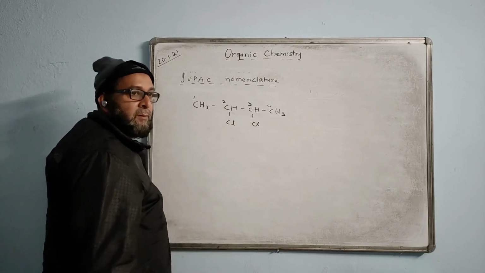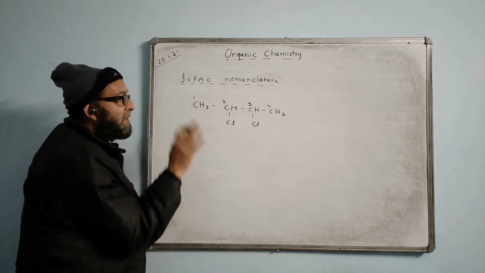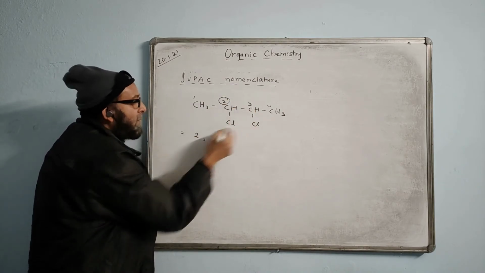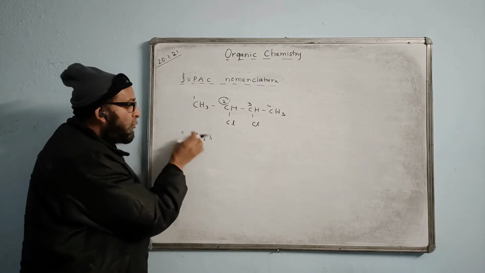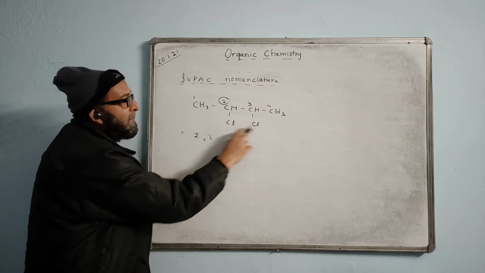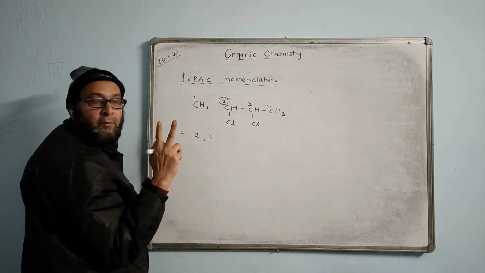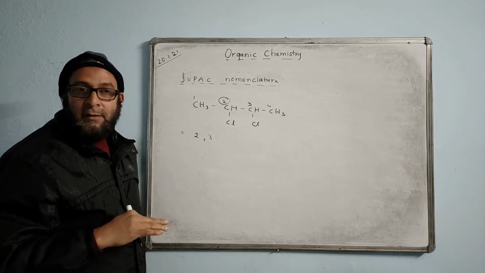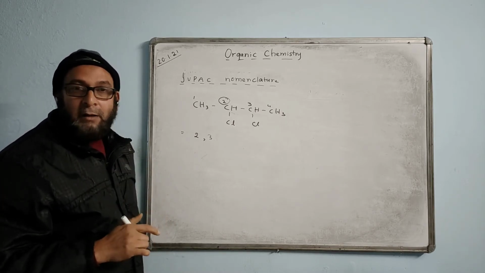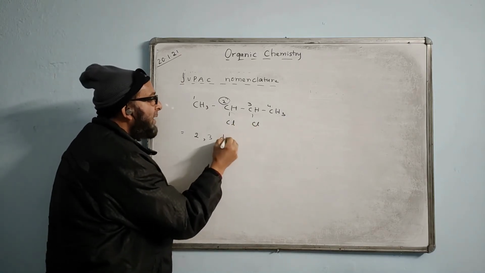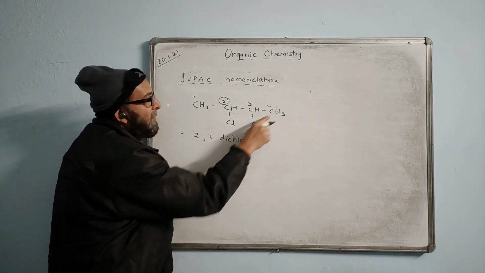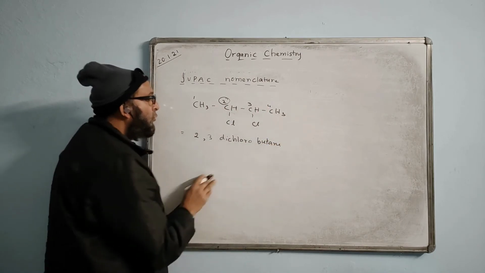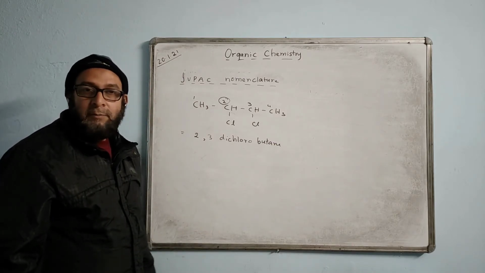Give the number first. Now in this one, carbon number 2 has chloro, so I write 2 first, comma 3 also has it, so we say 2 comma 3. And they are the same thing. CHCl, how many of them are there? 2. When 2 of them come, we call it di. When 3 come, we say tri. When 4 of them come, we say tetra. So since 2 of them are coming, we say dichloro, and the last number is 4, that is butane. Single bond only we see everywhere. 2,3-dichlorobutane. That is the name.